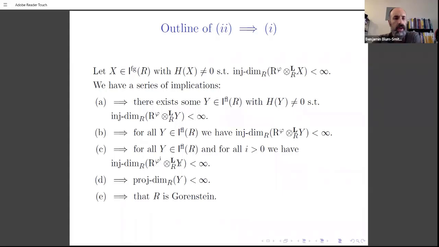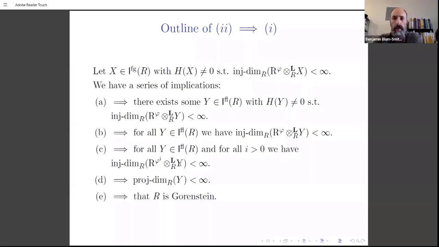Which step is the step that exploits the fact that the map is contracting? C to D. More generally, you can say that for any complex that has bounded, finite homology, if the twist along phi^i for i large enough has bounded homology, then your complex has finite projective dimension, if phi is contracting.